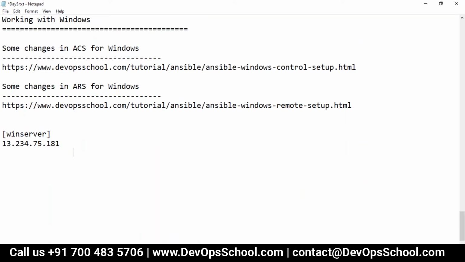Now guys, here I want to change the protocol. I want to change the port. I want to use a different username and password. What should I use? Any idea? Group variable? No, no. Host group? No. CSV file? No. You know that. I know. You're forgetting one of them.